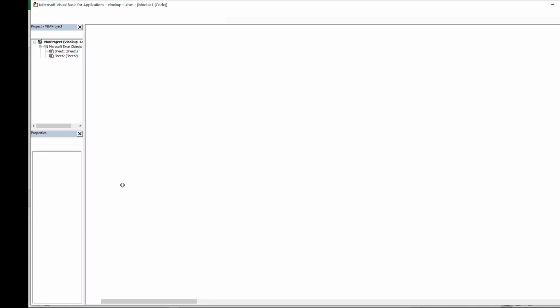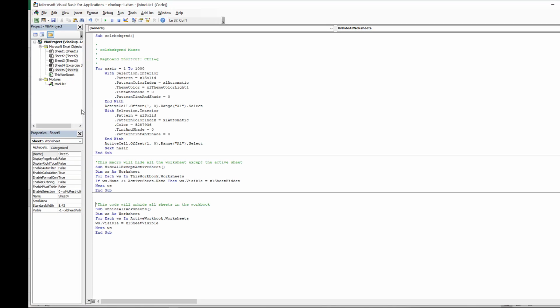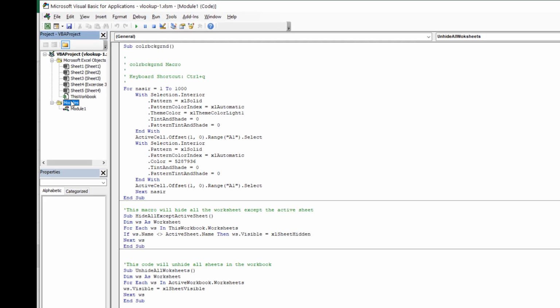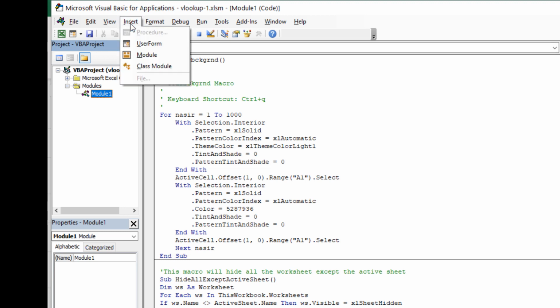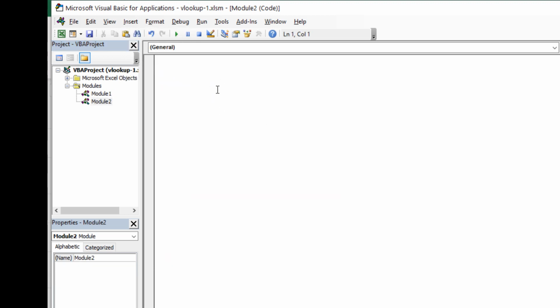Sometimes when you open the Visual Basic editor, you are presented with an empty screen. If you haven't recorded any macro before, you are presented with an empty screen. In that case, you should go to insert and insert module. So it will give you this white blank sheet where you can paste your code.